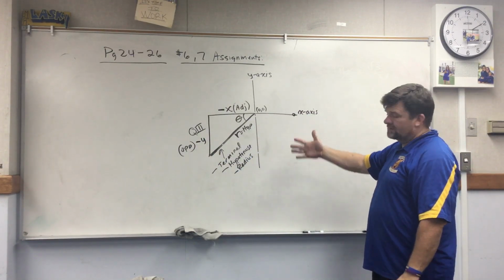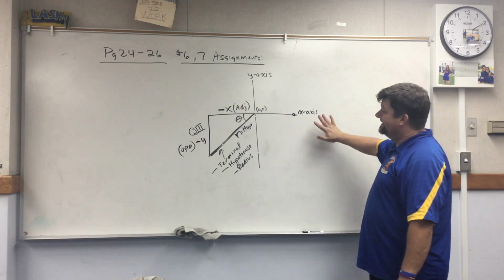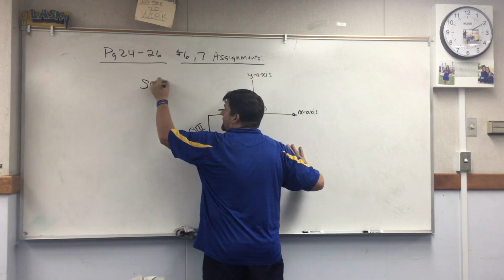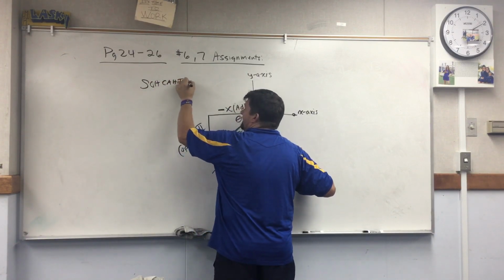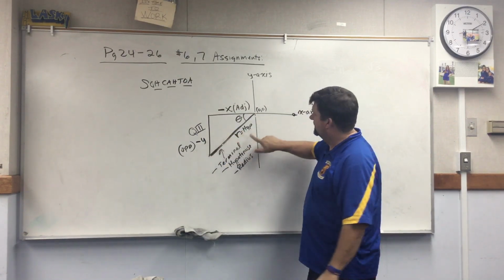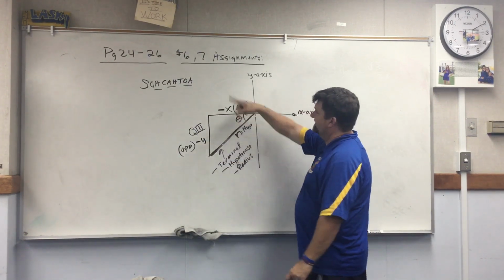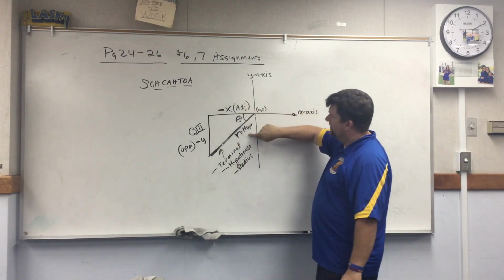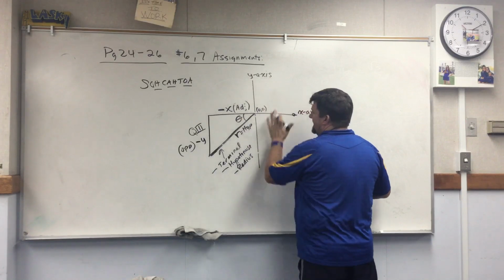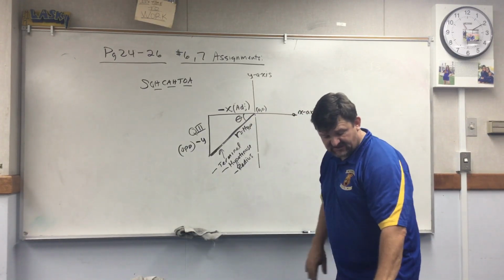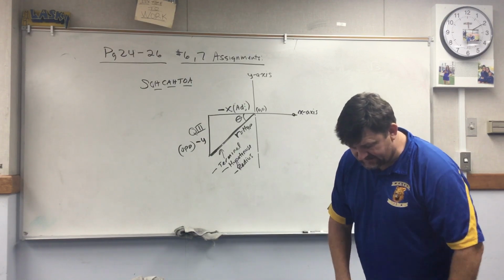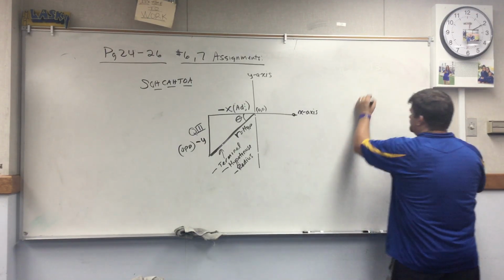So that's where a lot of the formulas come from. Again, we're back to our basic SOHCAHTOA. Opposite over hypotenuse, sine. Opposite over adjacent, tangent. Adjacent over hypotenuse, cosine. So we can figure out anything in any quadrant. Which brings us to the example on page 26, which is